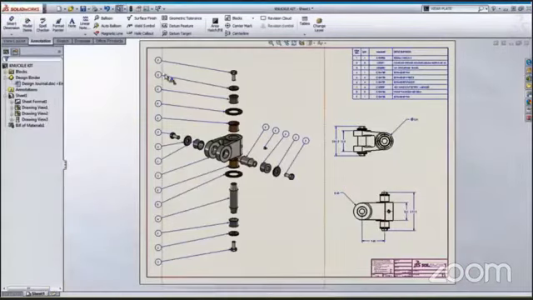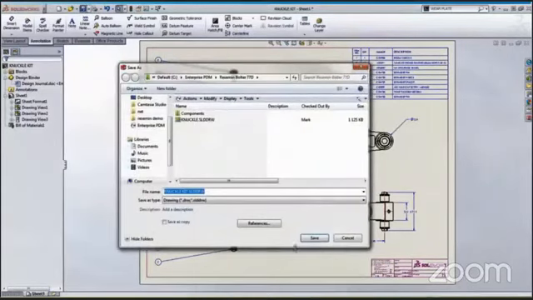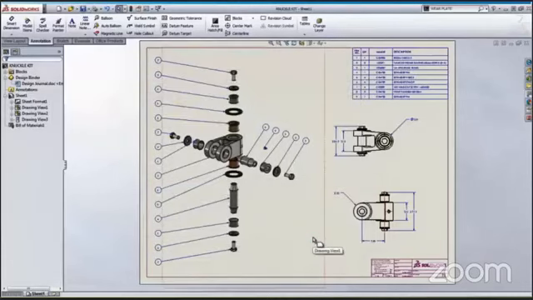Our drawing is now complete. Let's save the drawing and assemble the kit to the boom assembly.